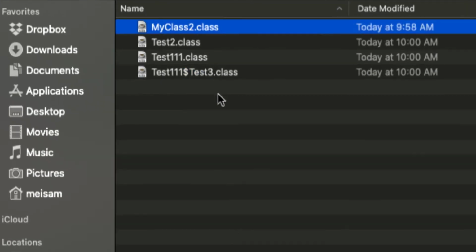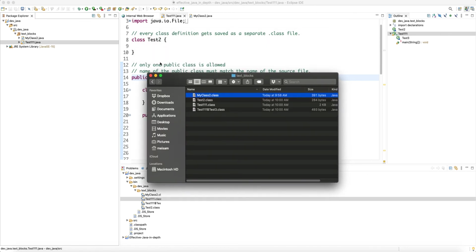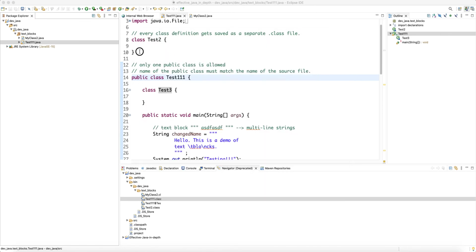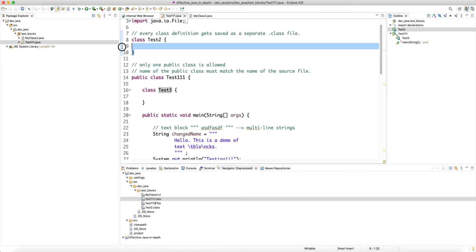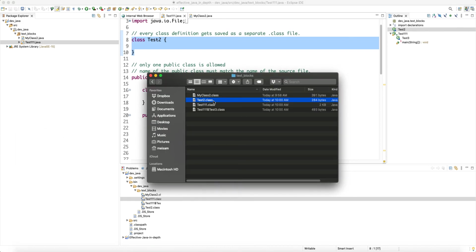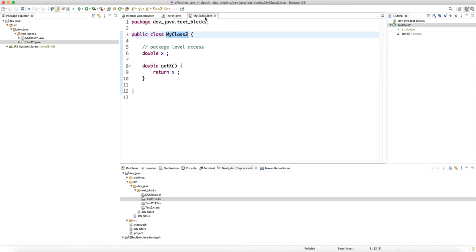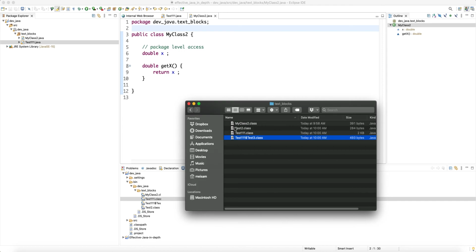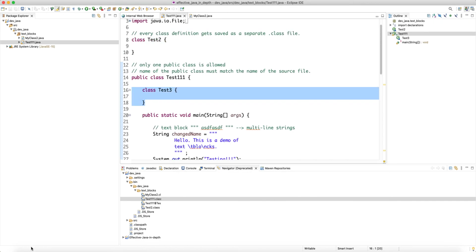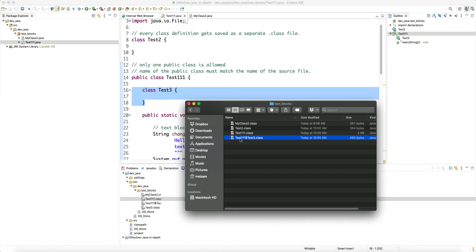My class 2 was, basically, first of all, test2 is a separate class. It's its own entity. It's not a public class, but it gets compiled to basically a regular class. So the JVM treats it as a regular class, with the exception that it has an access restriction. Its only access level is package level access. Test11 is public, no problem. My class 2 is also public. It's inside its own source file, no problem. But then this inner class has a very specific naming, which is the outer class